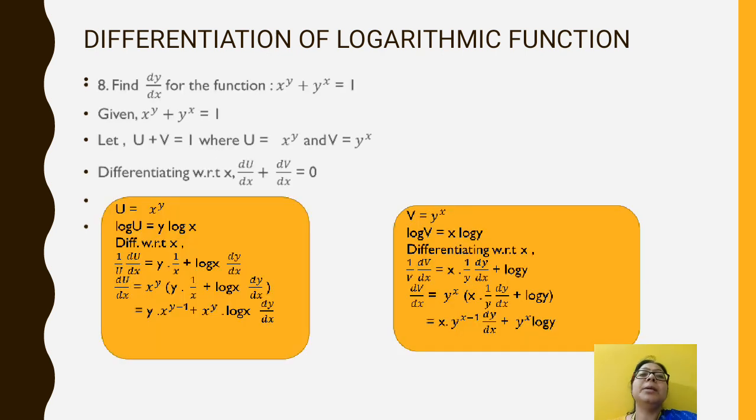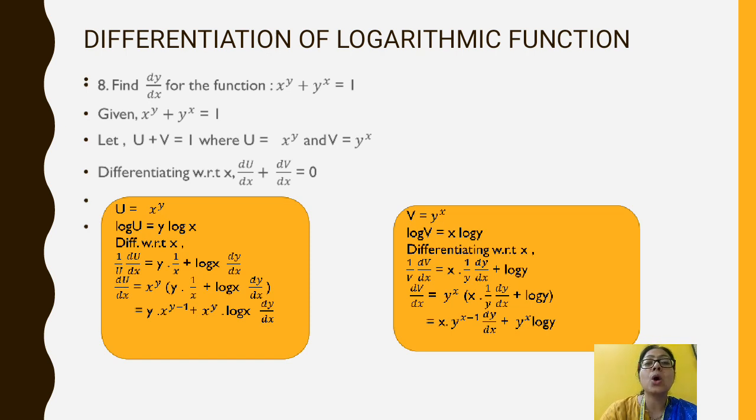This is also a very important sum, that is find dy/dx for the function x to the power y plus y to the power x is equal to 1. Here also the same way, first we have to separate the functions and then we have to consider log, not at the first. Because log of a plus b, you cannot write as log a plus log b. So considering u as x to the power y and v as y to the power x,